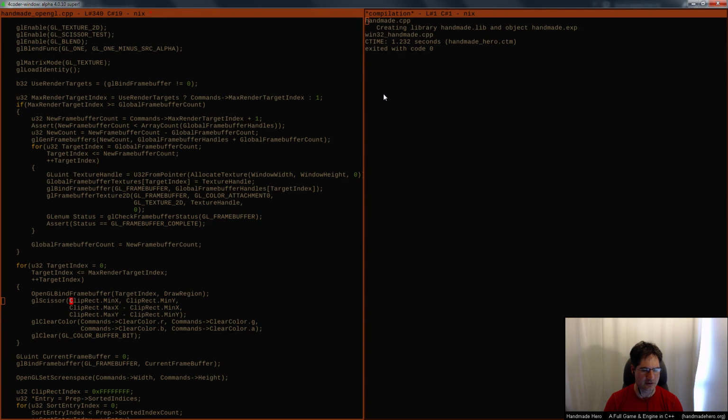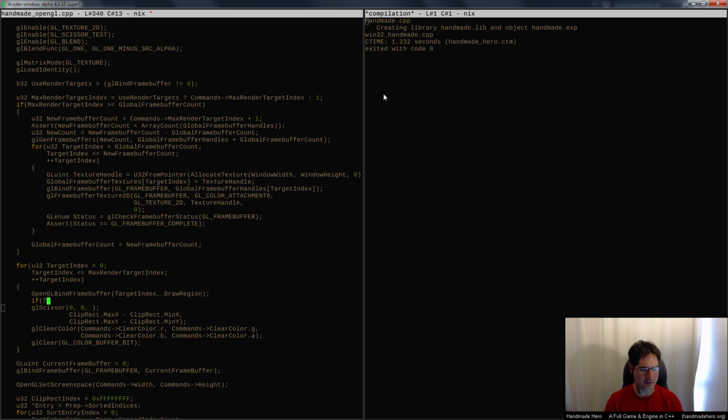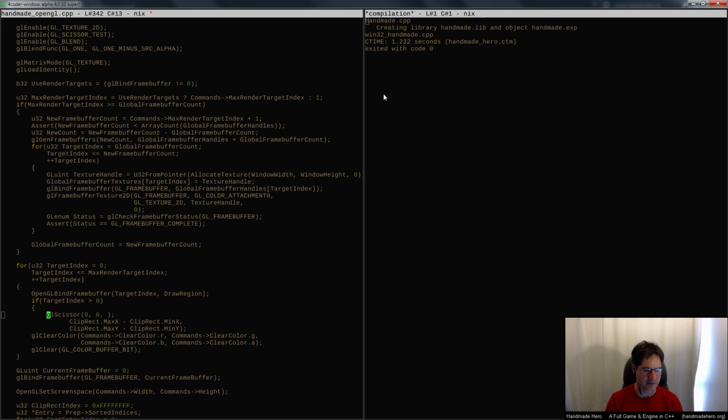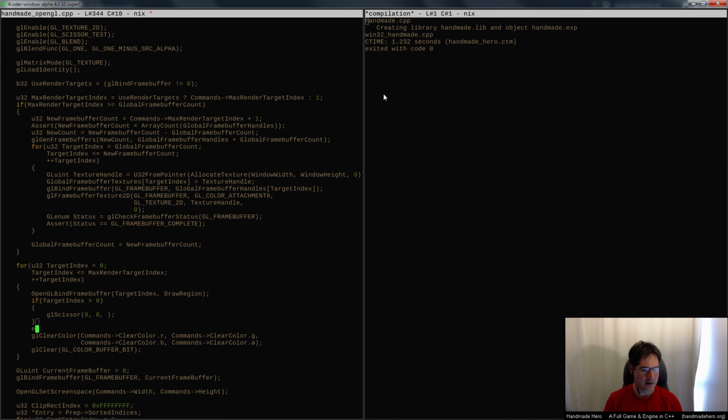So I think we may have to just bite the bullet here and say, yeah, we have to clear the whole region. And in order to clear the whole region, we have to know the size. Now, what we could do is set the scissor wider than the window or something like that too. I don't know. But in order to clear everything, what we could do is literally just do the check if it's greater than 0, right? So we could say here,